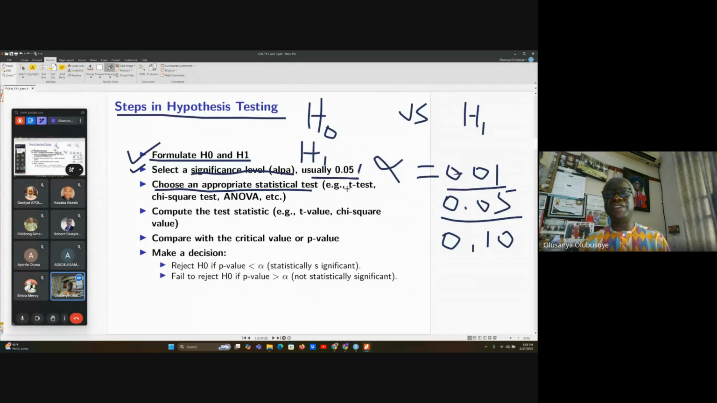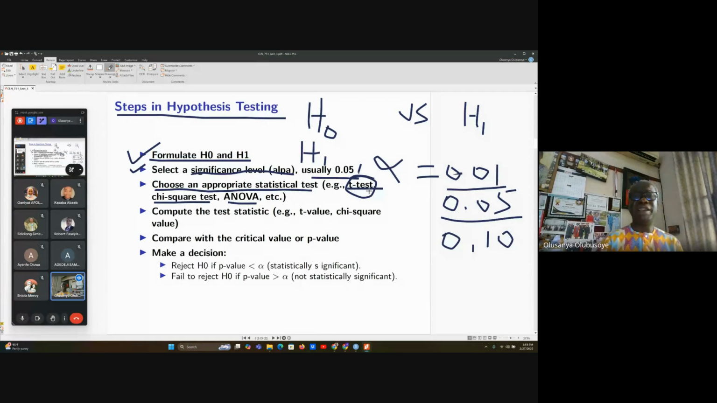And these are some of the tests that we use in statistics: t-test, chi-square test, ANOVA. There are other types of tests, several types of tests. But time will not permit us. We will only focus on the t-test in our example. Then the question is, when do you use the t-test? So you use the t-test